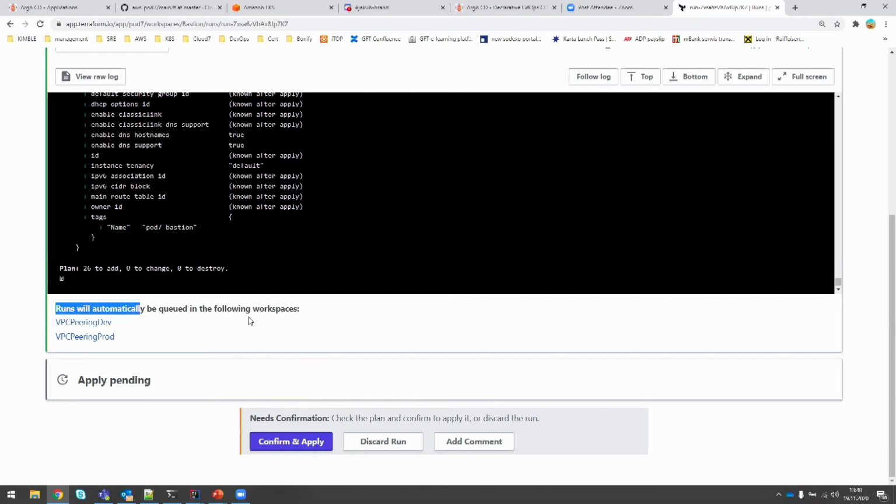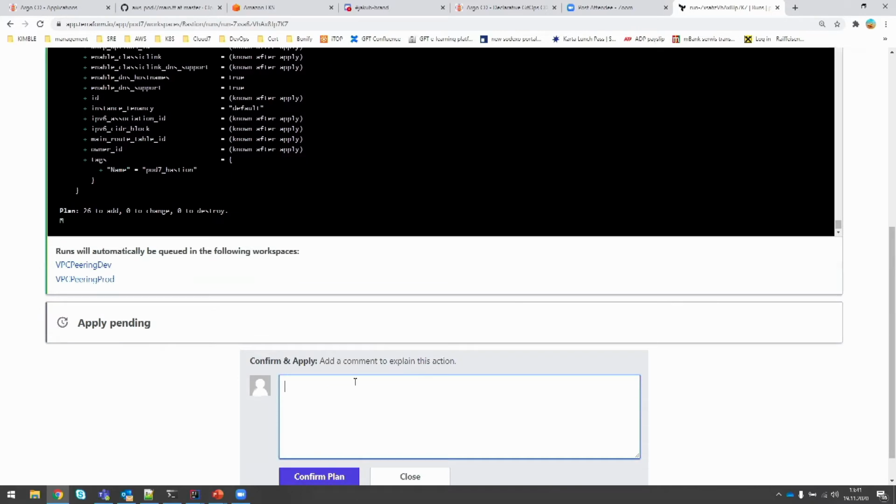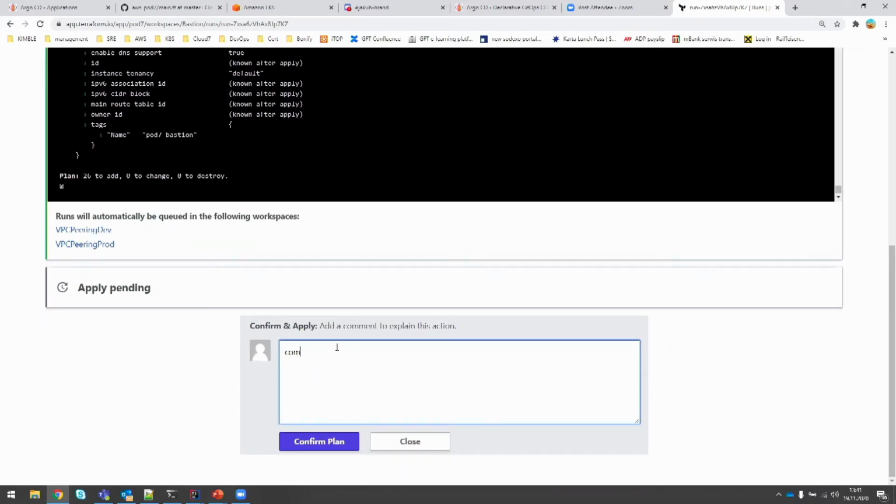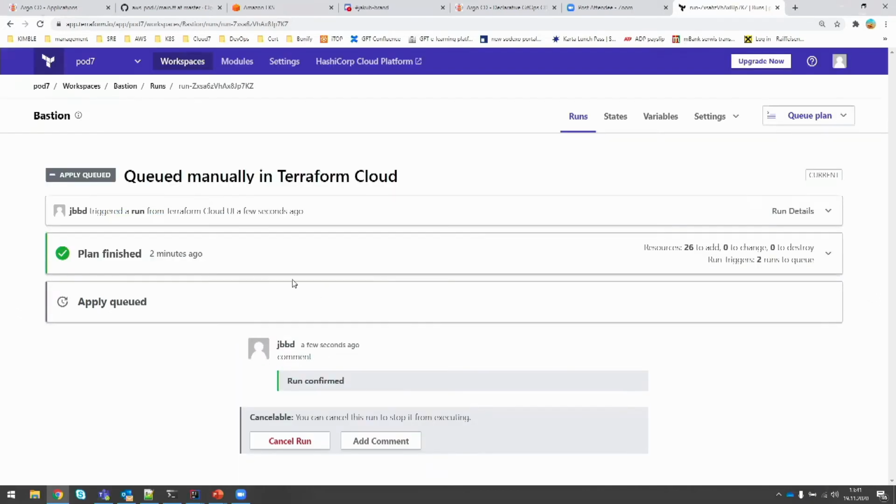Also, it's worth mentioning that here you will definitely see other workspaces being triggered after we do it. Here are the peering ones. The Bastion in its original idea is just to be built within a separate VPC and let you have access to, in our case, the Kubernetes cluster, right? So we will actually deploy it and see what happens here. Will it actually be able to trigger other workspaces, and what happens? So let's have a go. Confirm plan, we can make a comment, which will be stored in the plan, and then apply.